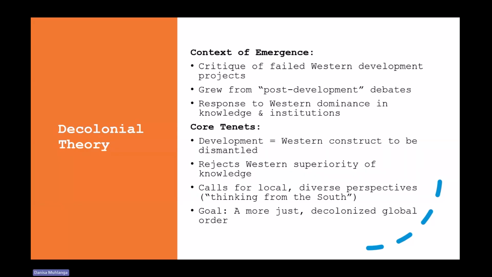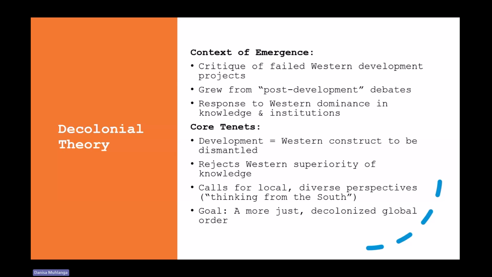So it also focuses on seeking to create a more just global system by challenging Western dominance. Okay, so these are the core tenets or the core focus of the colonial theory. Okay, decolonizing the mind,